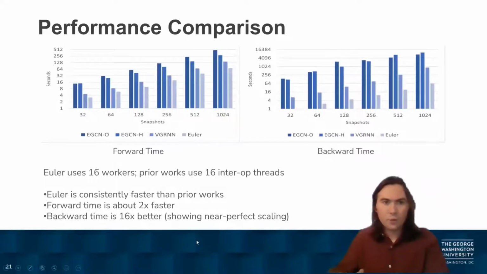So in terms of performance, as stated before, this does speed up the process of link prediction quite a bit compared to the other methods. In terms of forward propagation time through the network to make a decision about the likelihood that two nodes should have an edge, Euler was about twice as fast as the best method we compared it to. In terms of backwards time, how fast we can train it, Euler was 16 times faster than the second fastest